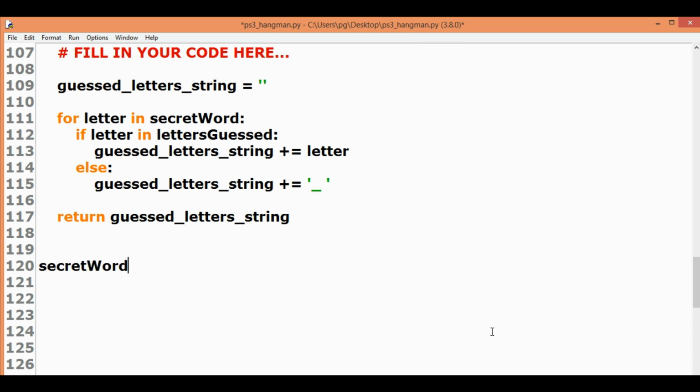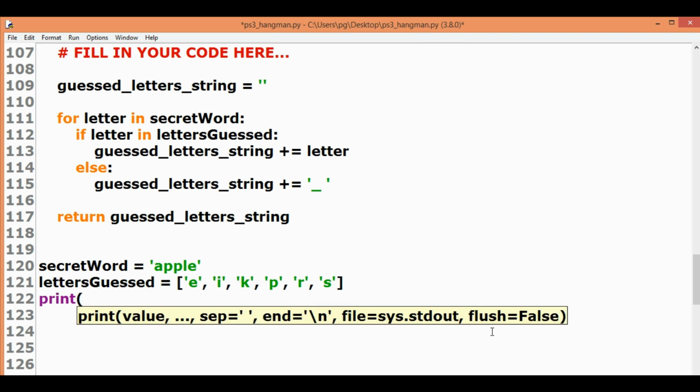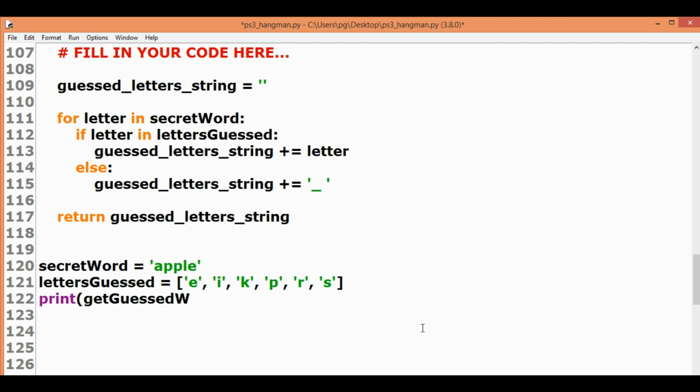secretWord equals apple. lettersGuessed is equal to a list of letters guessed with list elements being e, i, k, p, r and s. print getGuessedWord(secretWord, lettersGuessed).